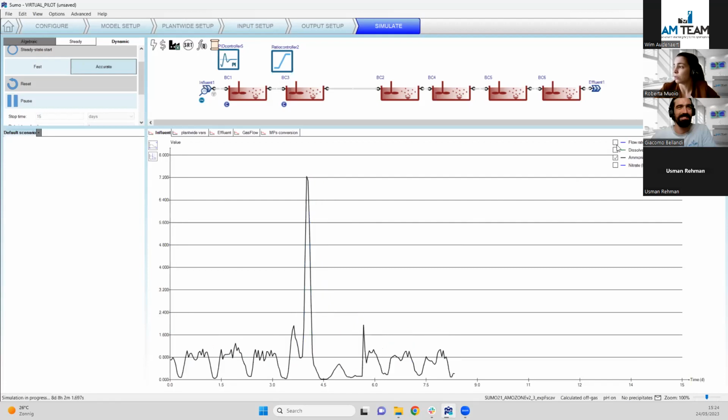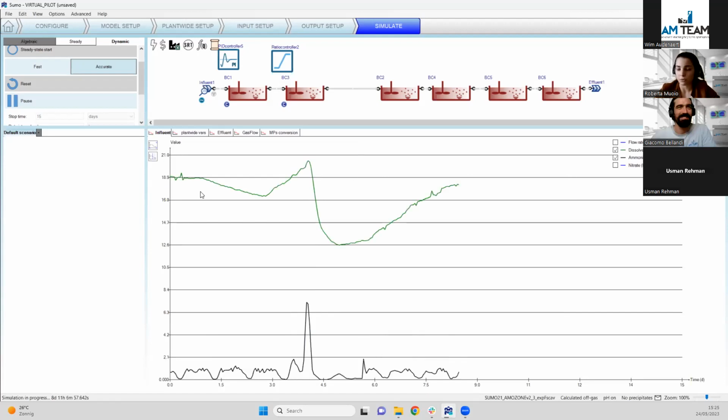Together with that, we can also look at the dynamics of the water matrix composition. For example, in green, we can see the dynamics of the DOC concentration, with a peak just before the rain event starts, followed by a lower concentration, so a dilution during and after the rain event. Similarly, the ammonia concentration shows an increase just at the beginning of the rain event, and big dilution with values close to 0 during and after the rain event, and then average concentration.